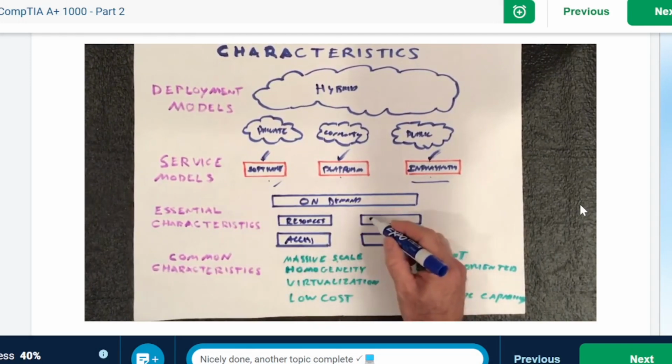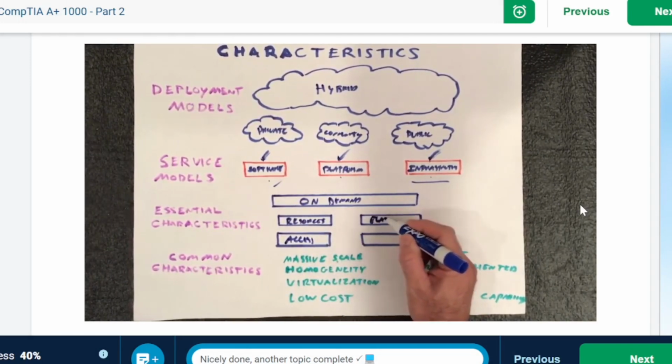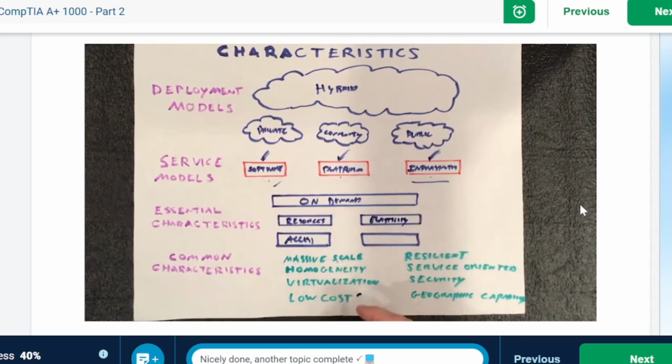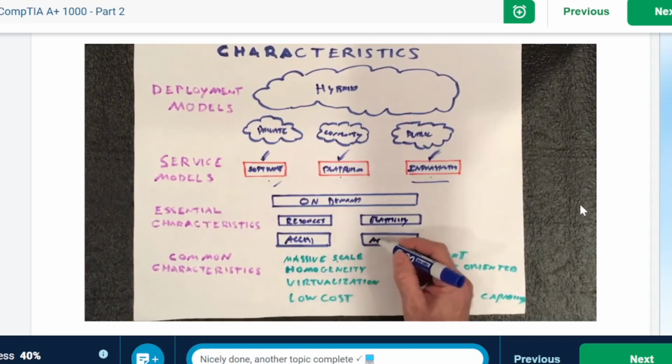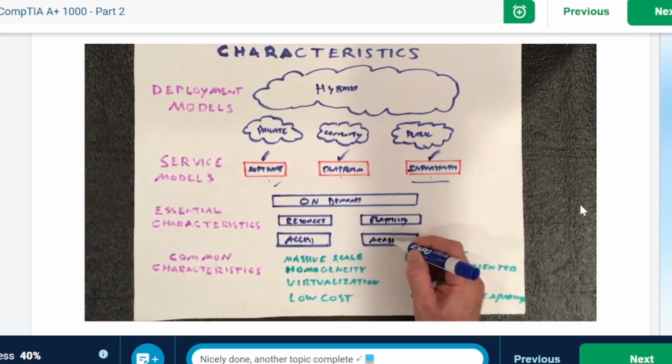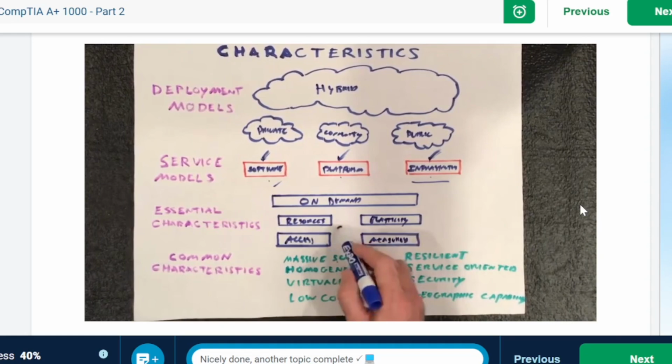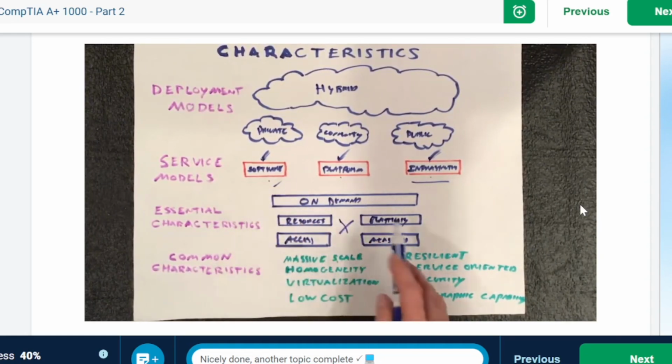You expect a lot of elasticity, like how fast and how flexible is the system. And then your measured service. So how are you going to meter or how are you going to pay for this? Are you going to buy it by the terabyte? Are you going to buy it by the bit? How often do things happen? So those are 4 common components or essential characteristics of what you would expect with a cloud type service.